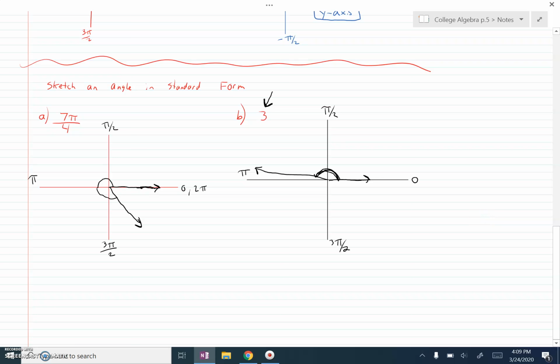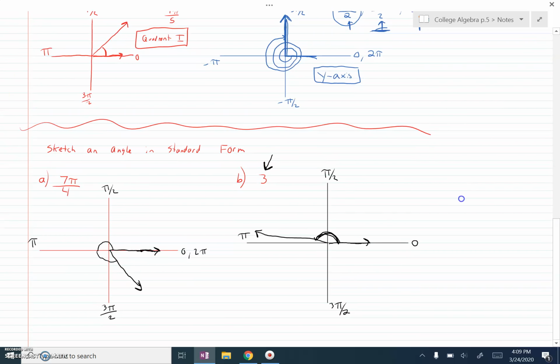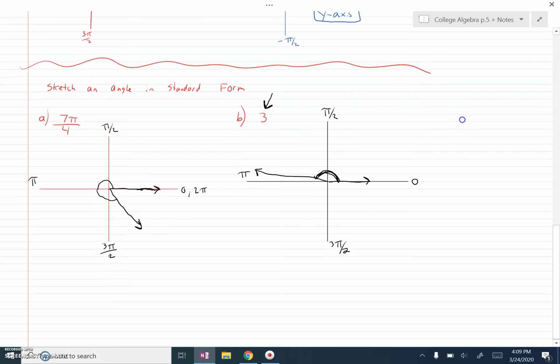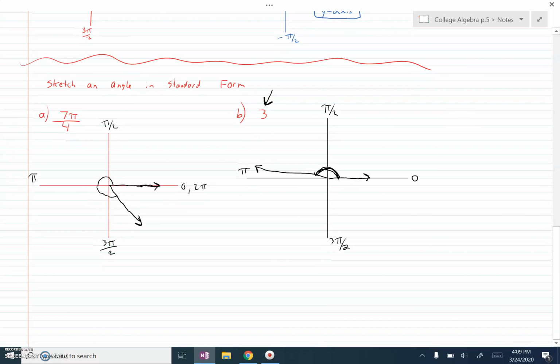I know this is a little weird. If you have questions, you can let me know. But you can also check the videos out on Khan Academy. This is a quick idea of what a radian is and how you can figure out the difference between a radian